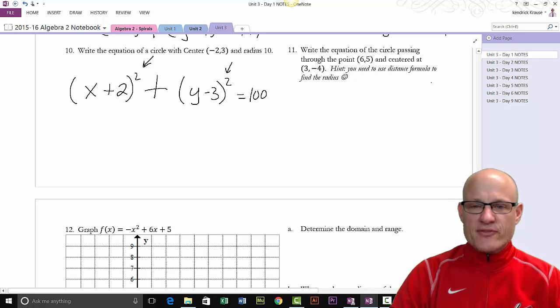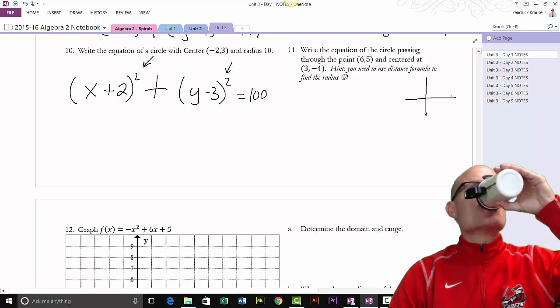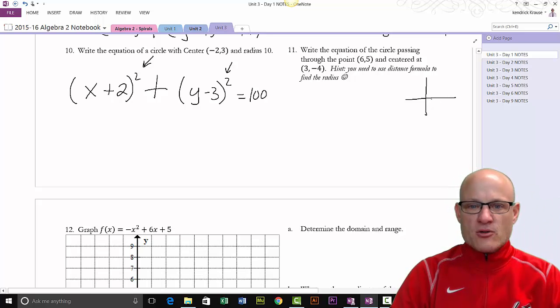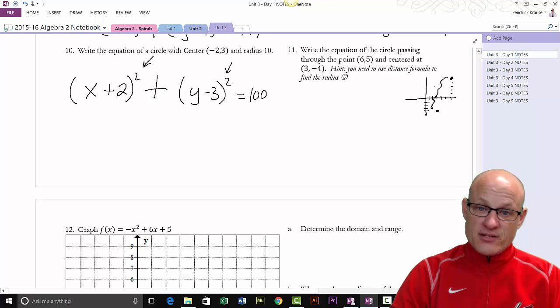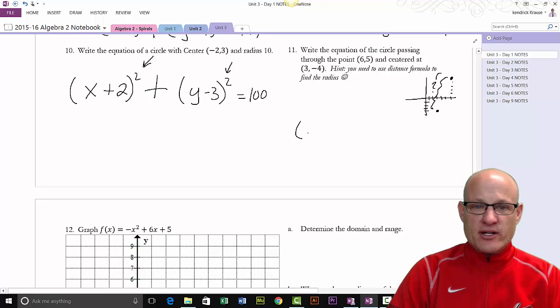Let me get an idea what this thing looks like. 3, negative 4. 1, 2, 3. 1, 2, 3, 4. 4, 5, 6. 1, 2, 3, 4, 5. So I don't know this distance. That's a question mark. It's the radius. I don't know this distance. Now, the easy part is, if it's centered at 3, -4, it is x minus 3, x